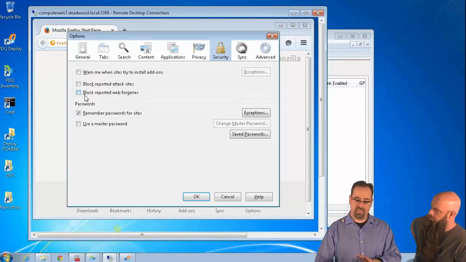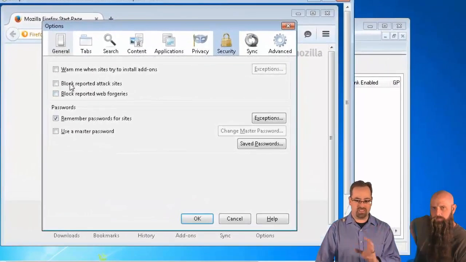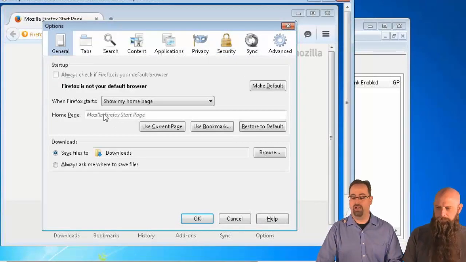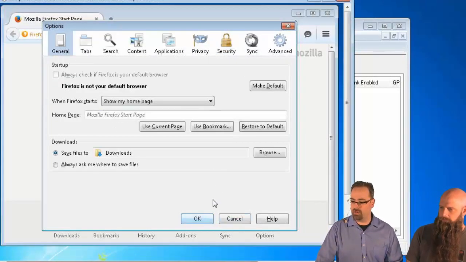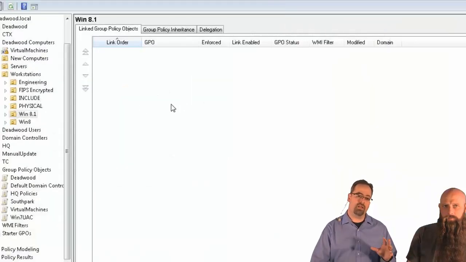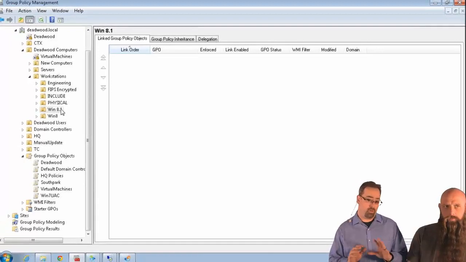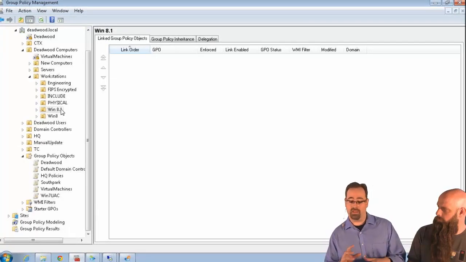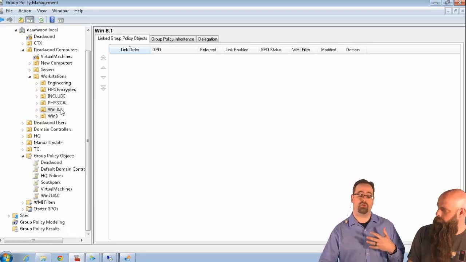So just by way of example here, let's go ahead and ensure that these 3 security check marks are checked, and we'll set the home page to something useful. Okay? Perfect. All right. So we'll go ahead and click OK here, and we're going to do this using the power of group policy. Now, we did a little pregame setup to get set up here, but it only took about 6 minutes, which is to say we installed a little the admin station piece, which hooks directly into group